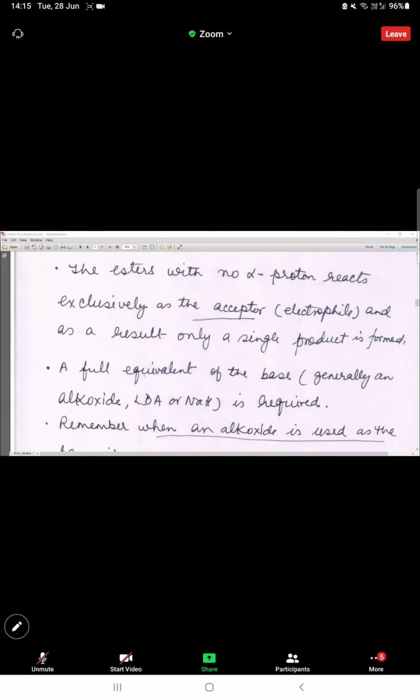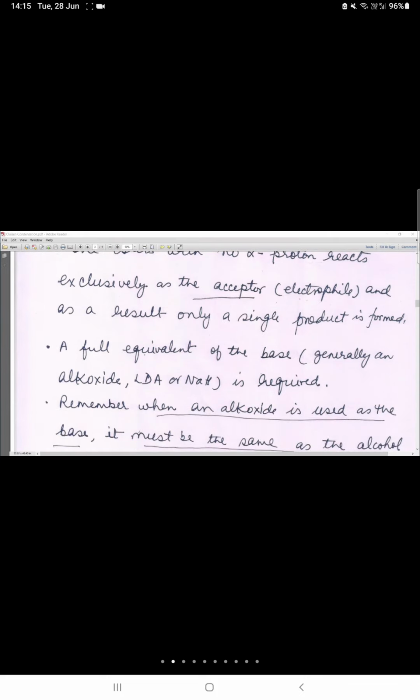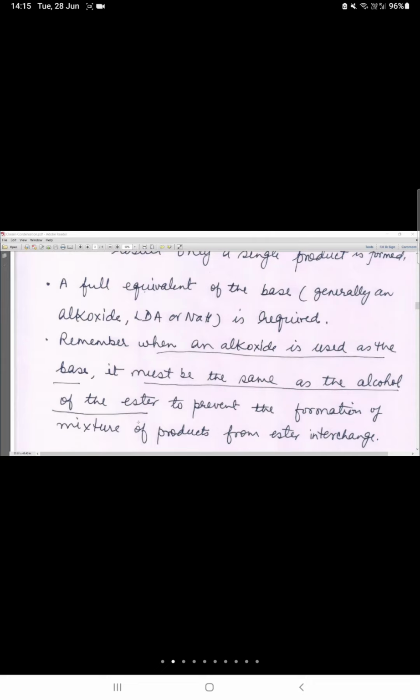हो गया मैम। हो गया। हाँ। अब क्या बताया था कि एक एस्टर में अल्फा हाइड्रोजन नहीं होनी चाहिए, अगर दो डिफरेंट ले रहे हैं तो नेचुरली जिसमें अल्फा हाइड्रोजन नहीं है वही आपका सोलली इलेक्ट्रोफाइल होगा और यू कैन से दी एक्सेप्टर होगा, तभी आपका सिंगल प्रोडक्ट बनेगा। फिर आपको बोला था कि जो बेस है वो एल्कोक्साइड है और NaH है, ये भी याद रखना है।